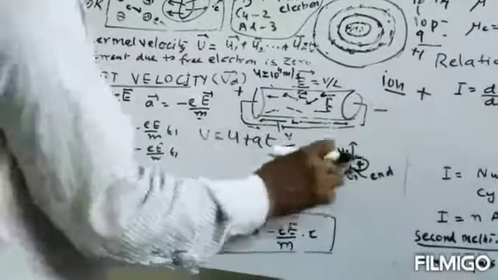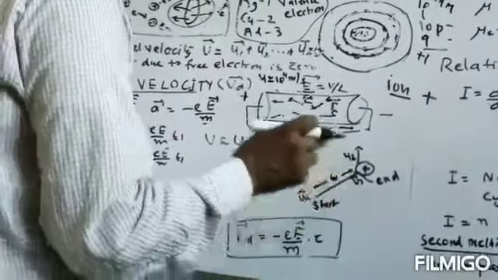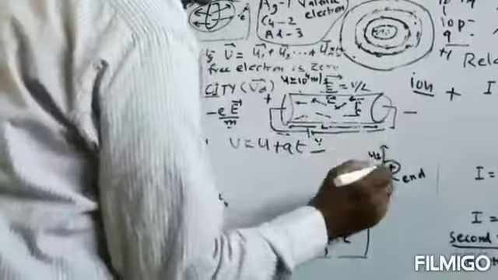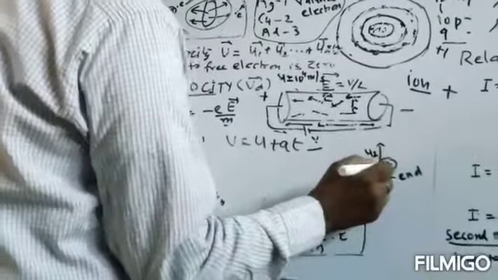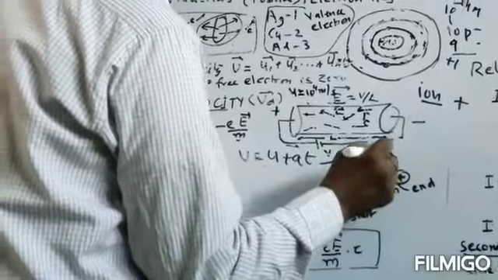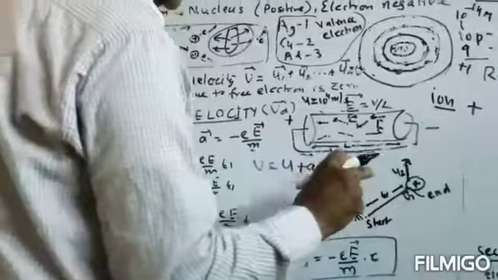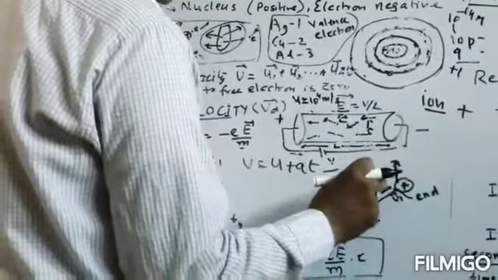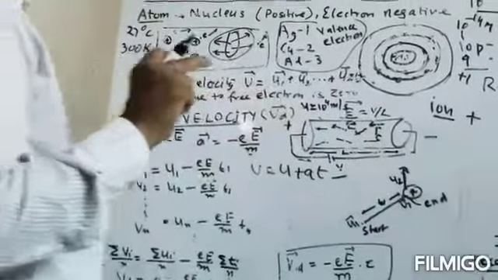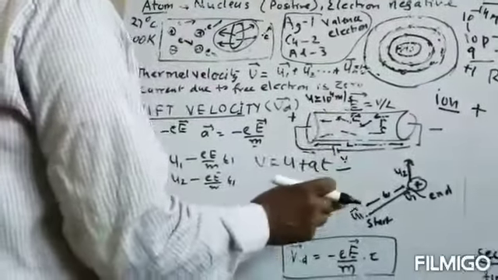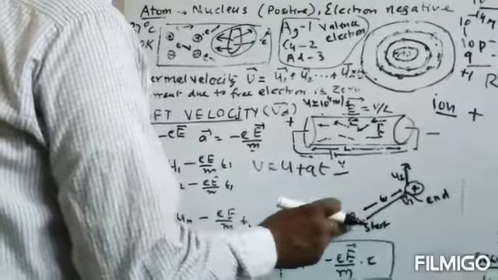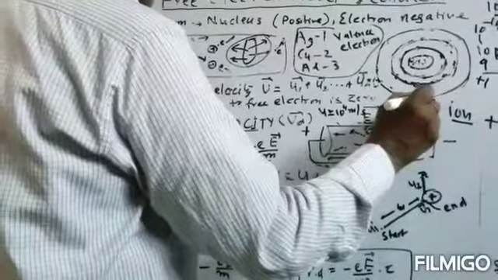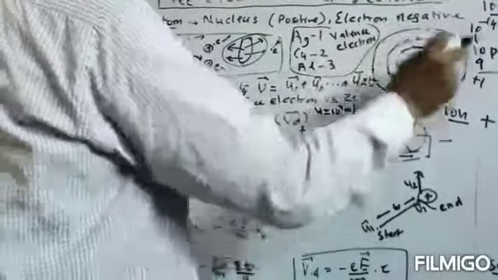It means it will lose the energy which it has gained due to the acceleration, and this electron is absorbed by the positive ion, and this will be ejected in a random direction with another velocity u2. So it is not possible that this electron, being negatively charged, and this ion, which is positively charged, will combine, with the electron absorbed here and becoming a neutral atom.